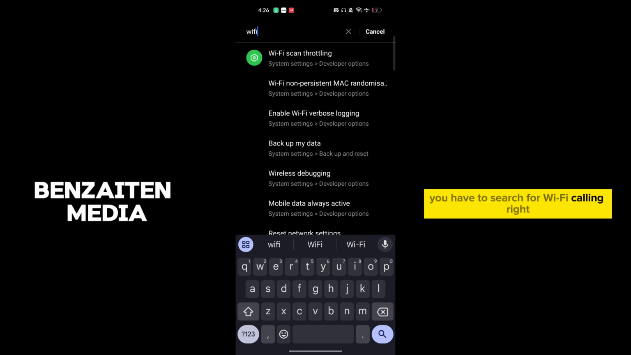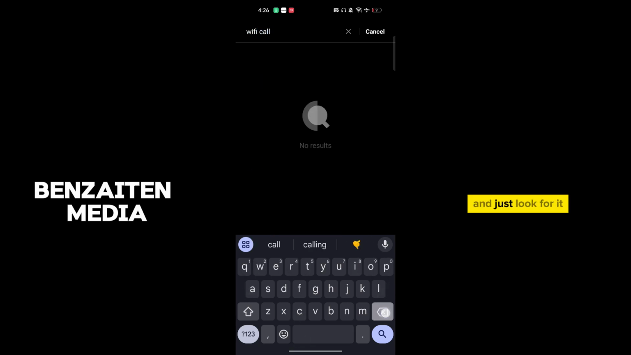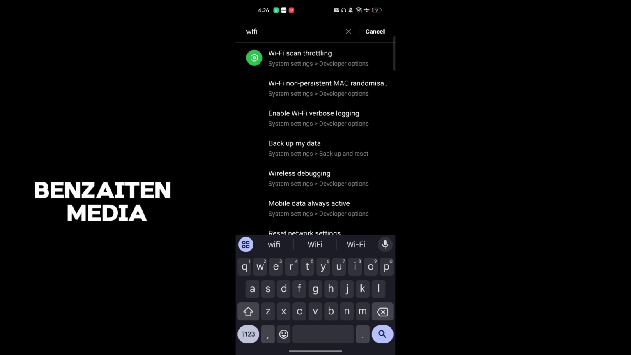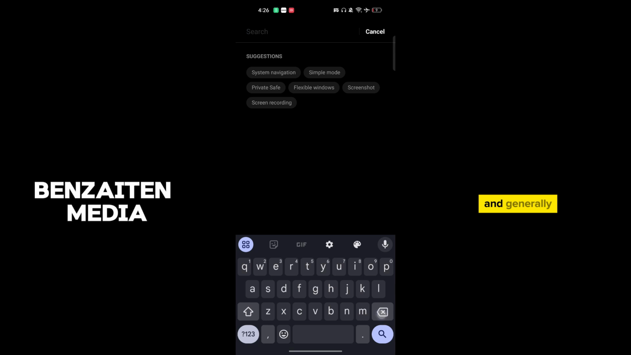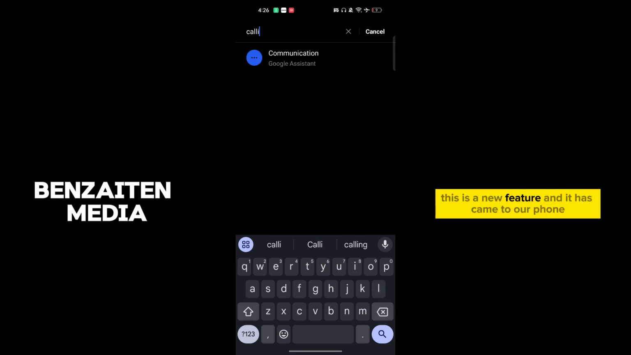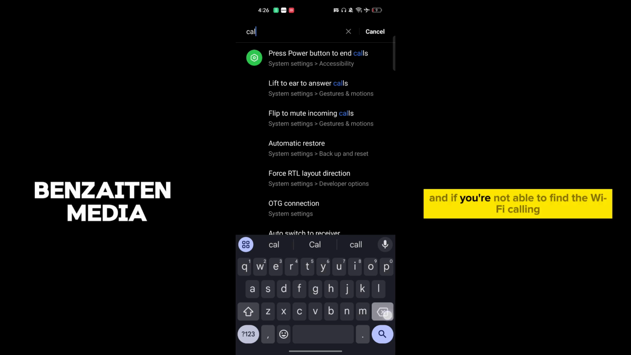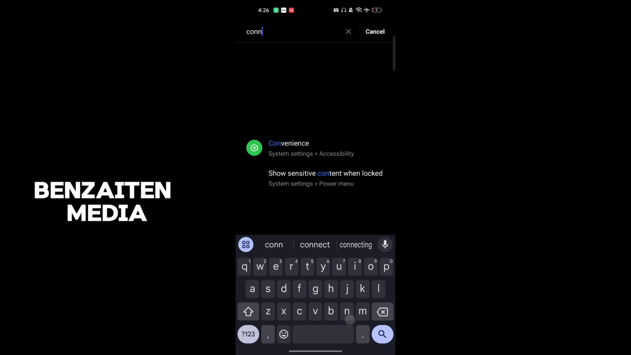Wi-Fi calling, right? And just look for it. This can only happen if your phone supports Wi-Fi calling. Generally this is a new feature that has come to our phones, and when we go to the call section here, generally we find it. And if you're not able to find Wi-Fi calling, then you have to